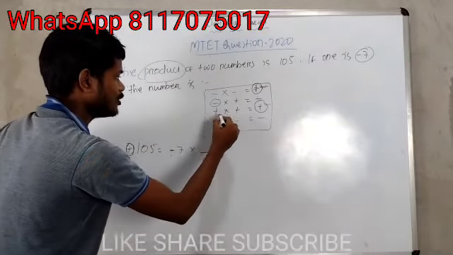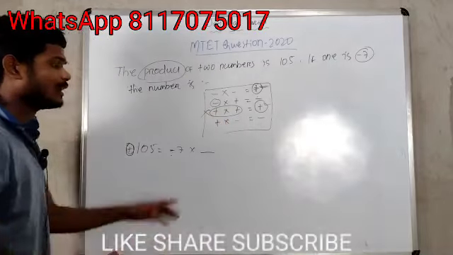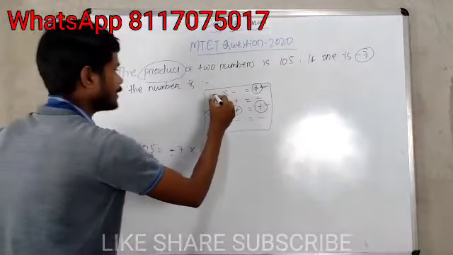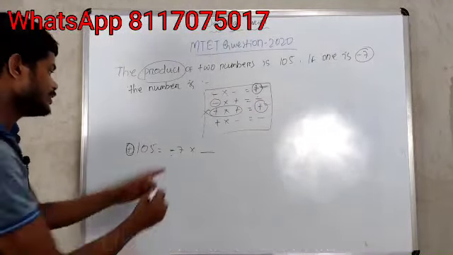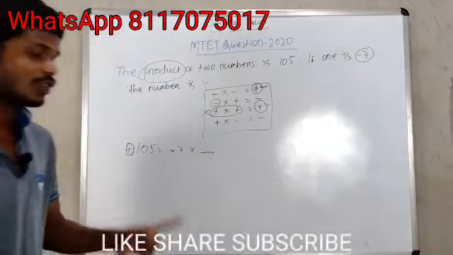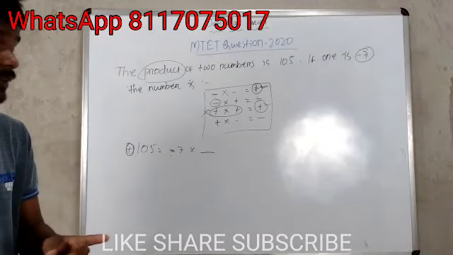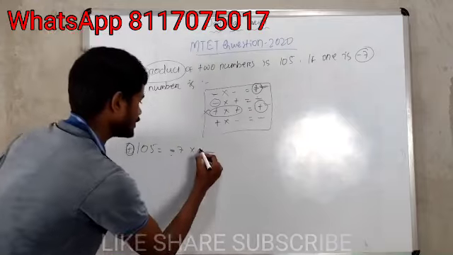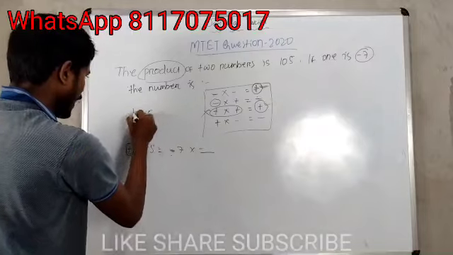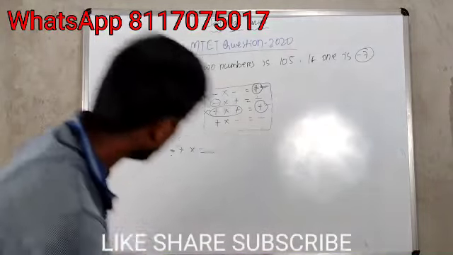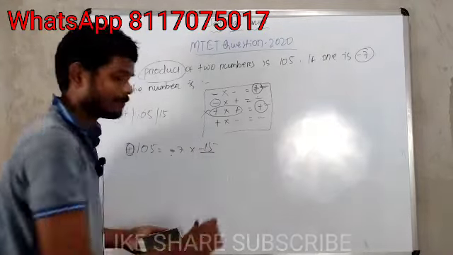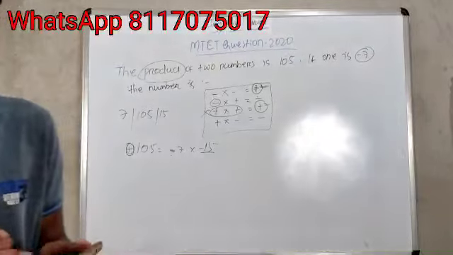Then this is minus, so here there is no minus, so we can delete it. Then minus into minus is equals to plus. Whenever it is minus, then the other number must be in minus. So -7 is equals to, it must be what? It must be minus. Then we have to divide 105 by 7. We will get the answer 15. Then it must be minus 15. Clear, friends? Hope you will clear it.